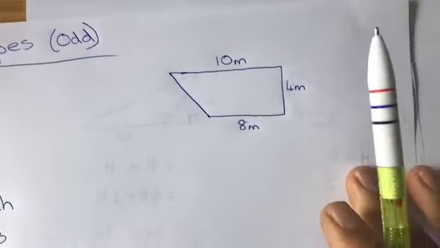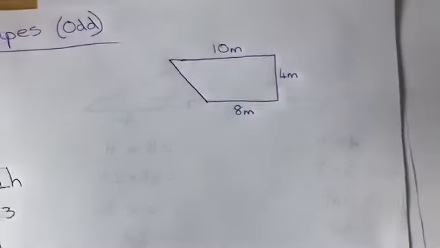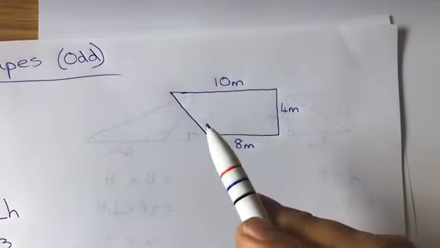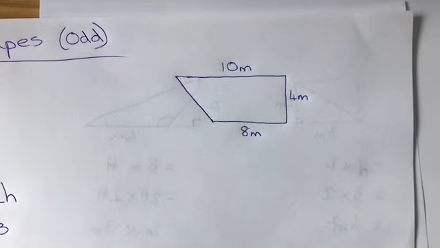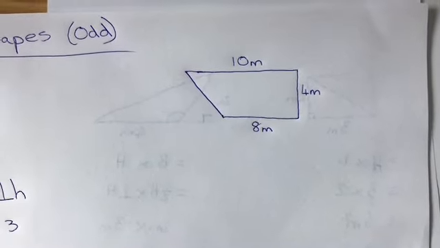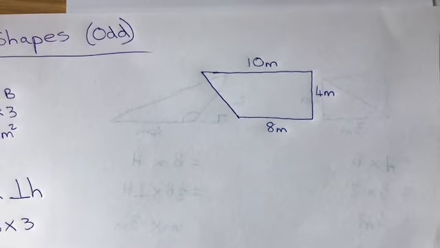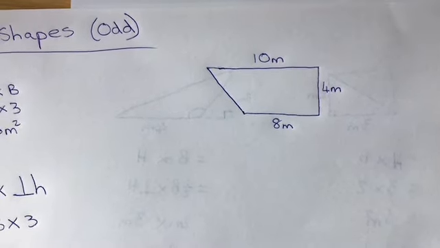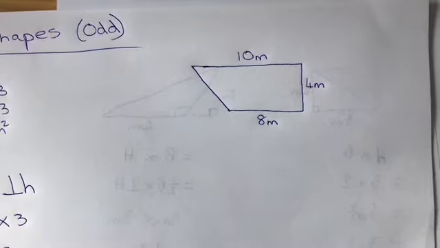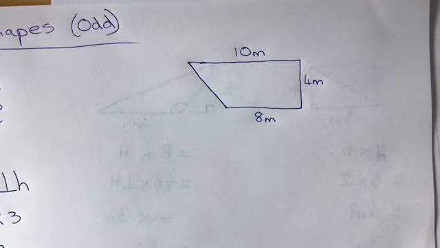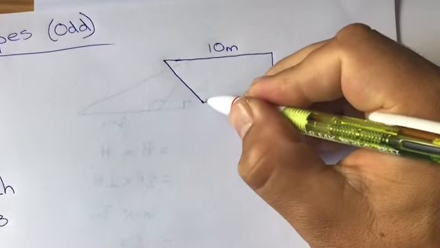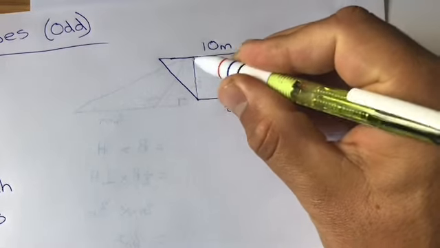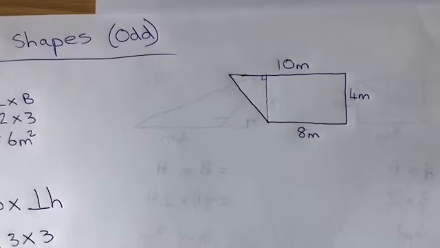Okay, now this is where I wanted to go today. This is exciting. So now I said, what happens if you get an odd shape? I mean, this isn't even a rectangle, it's not a triangle, it's just a mashup of different shapes. And that is exactly the point over there. Because it's a mashup of shapes, we can actually split it up into 2 different shapes and then add those 2 shape areas together. For instance, if I had to draw an imaginary line over there, making that a square